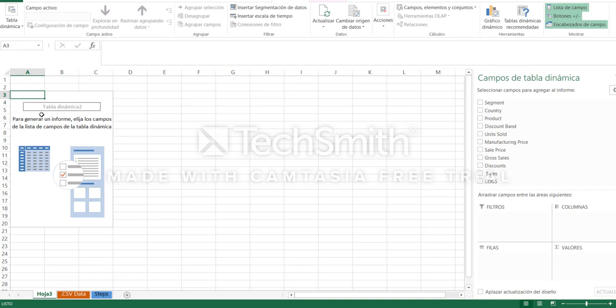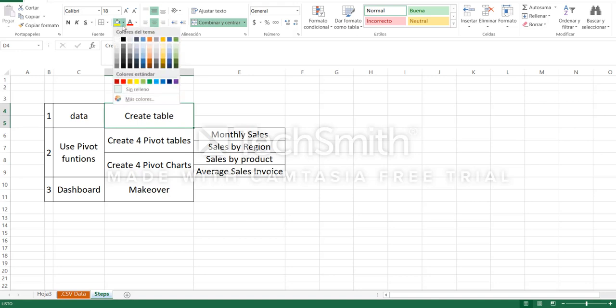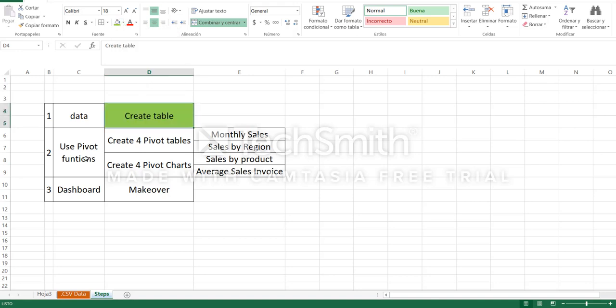And this is our pivot table area. And here we have our pivot table items. These are the fields or dataset. So we already create our table and use the pivot function.